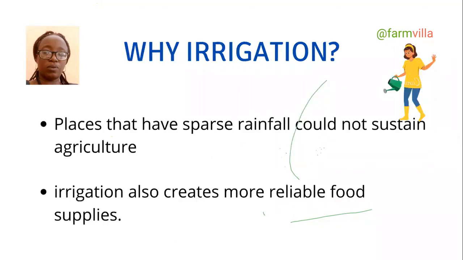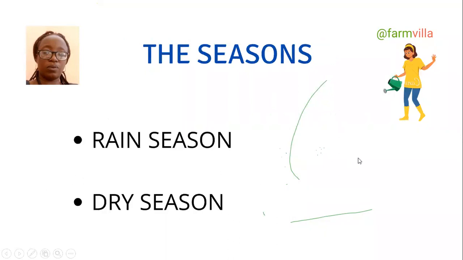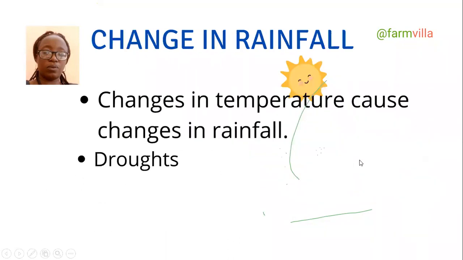So now we're going to why the rain is reduced. Why is there change in rainfall? I told you I'll be combining and joining topics together. There are changes in temperature, which cause changes in rainfall. I don't know how to explain it, let me just try and see how I can put it across to you guys.